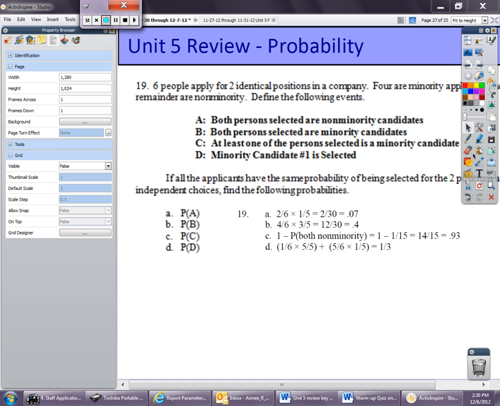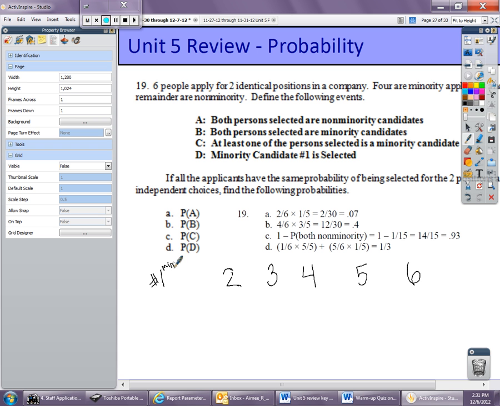I also wanted to take a second look at number 19D. So for 19D, you're looking for the probability that you want to select minority candidate number 1. So if I were to set up a tree diagram, here's candidate number 1, here's candidate number 2, and then candidate number 3, and 4, and 5, and 6. I'm going to assign candidate number 1 to be a